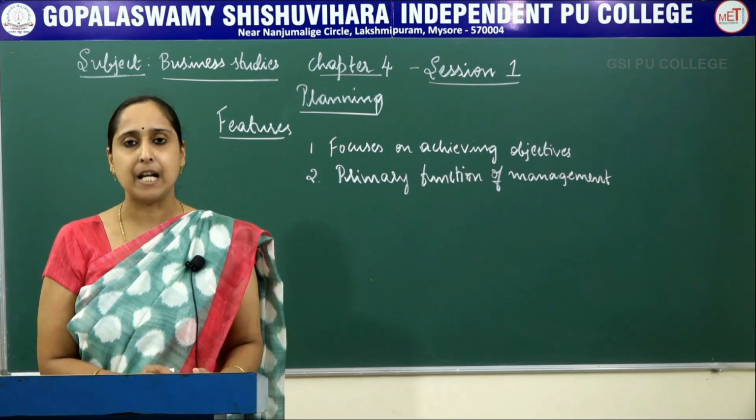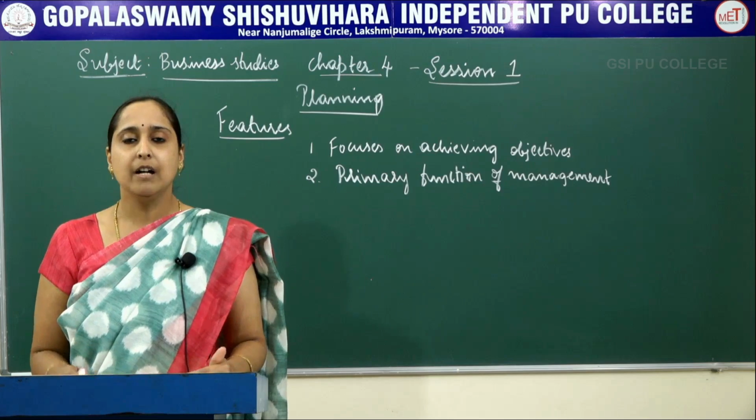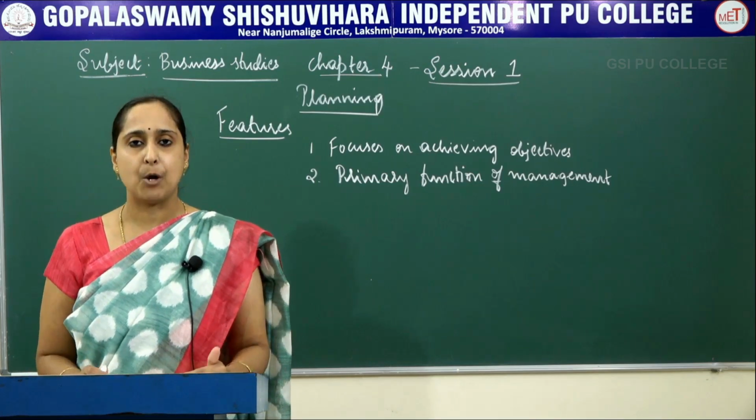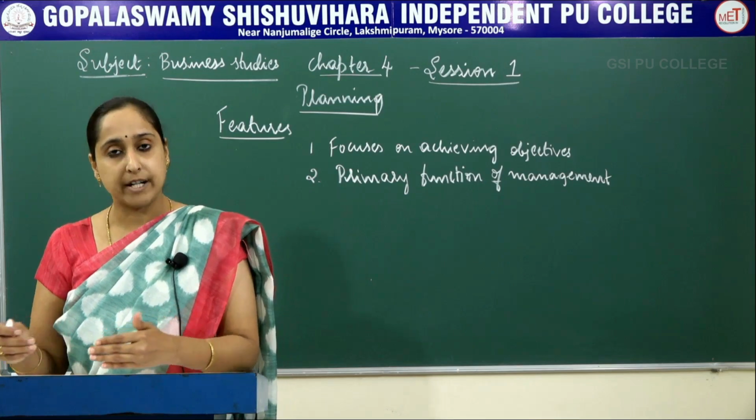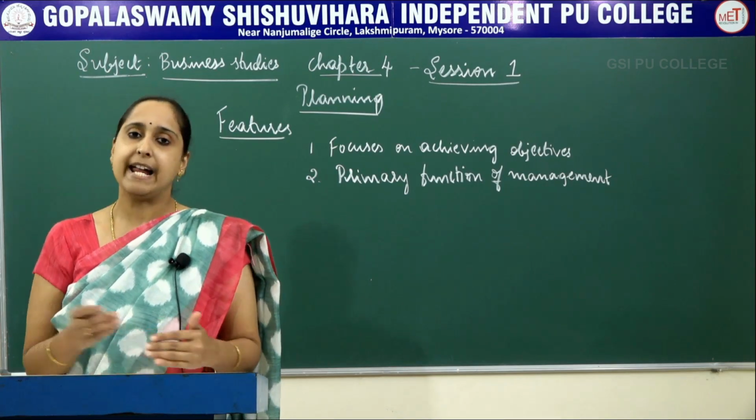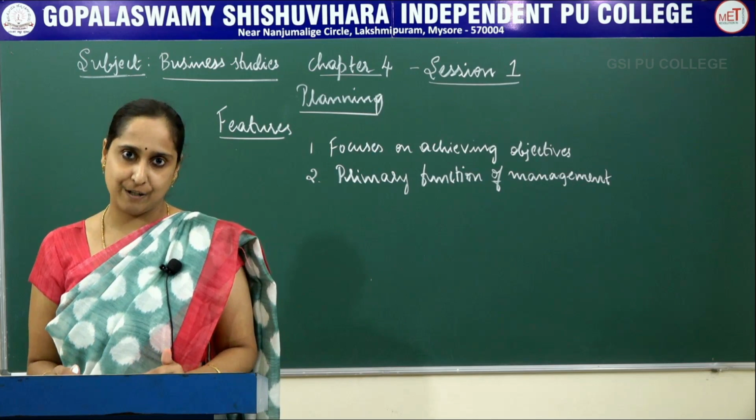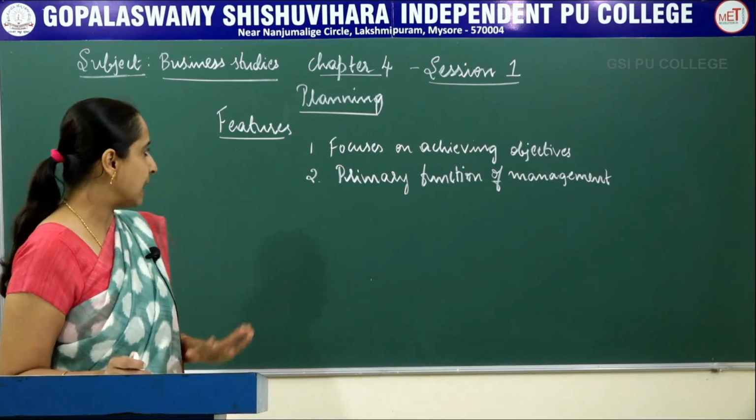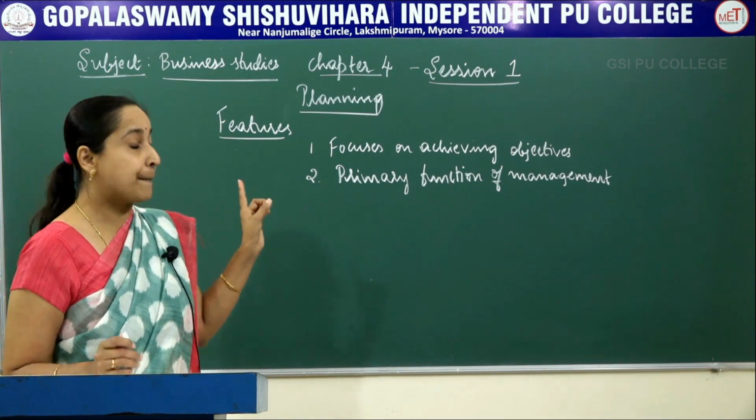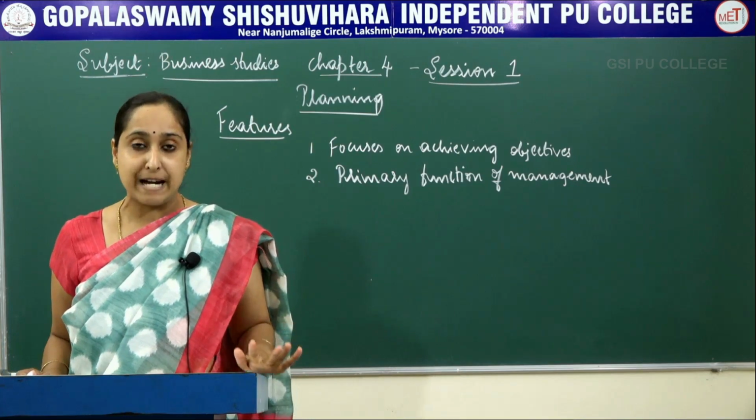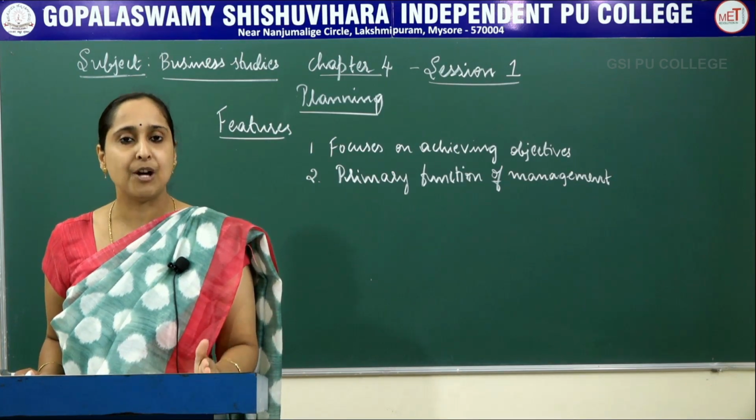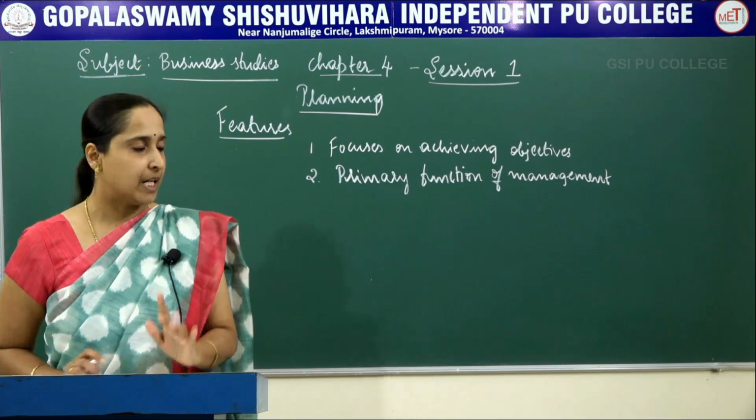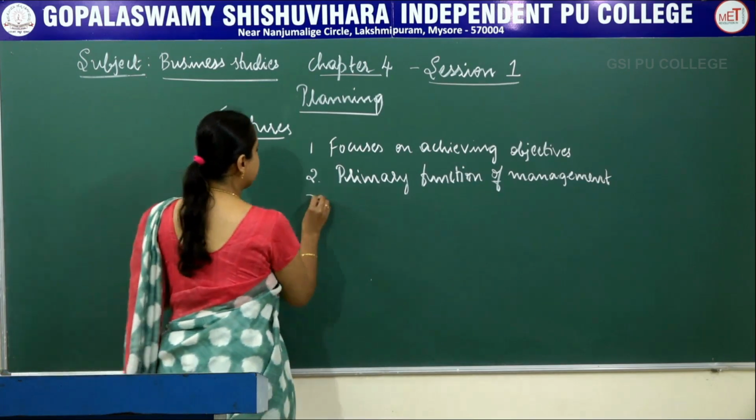See, for example, in staffing, what we do, we recruit the number of employees, and again how many employees and what type of employees are required, again it depends on the objectives of the organization. So basically planning is the primary function of management, that is the first function to be performed in the process of management. Third one is planning is